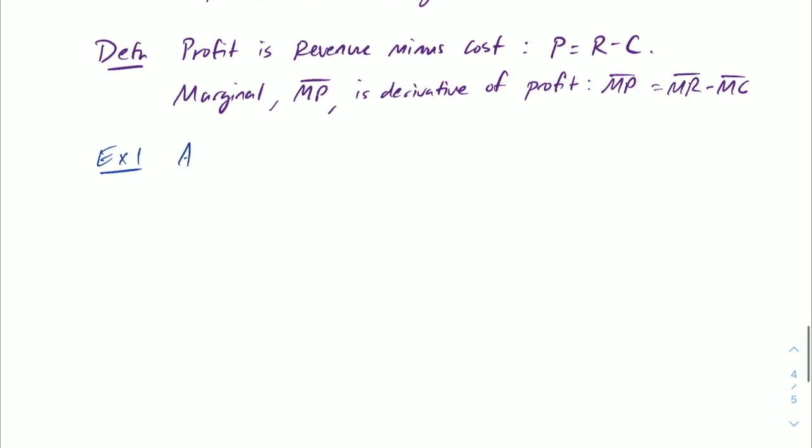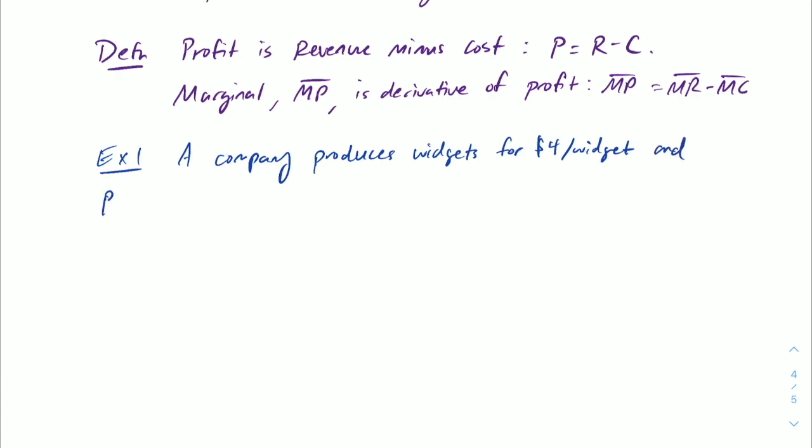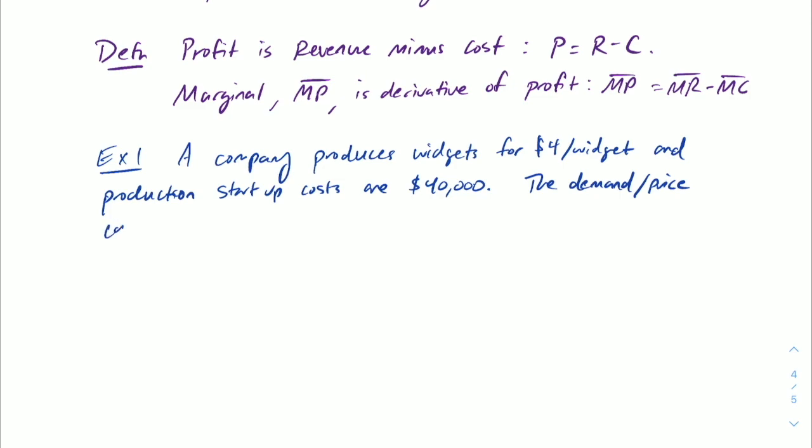So say a company produces widgets for $4 per widget, and production startup costs are $40,000. Let's say the demand or price curve for widgets is linear,